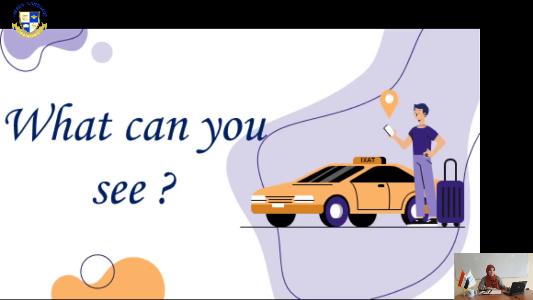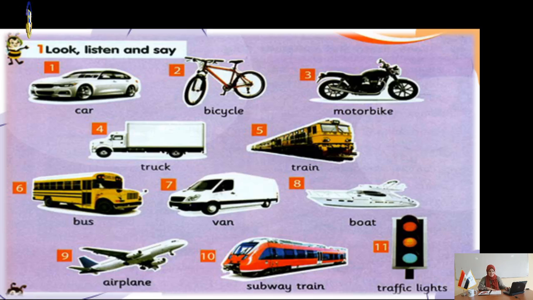Now, exercise number 1 in page 67. Open please your student's book at page 67. Exercise number 1, look, listen and say. We have different kinds of transportation means and we are going to know each one. The first one is a